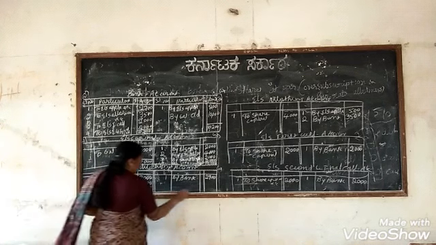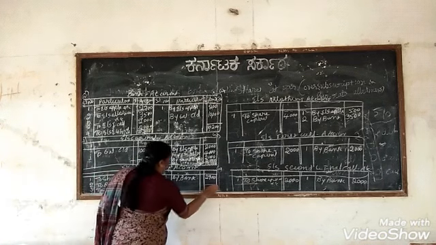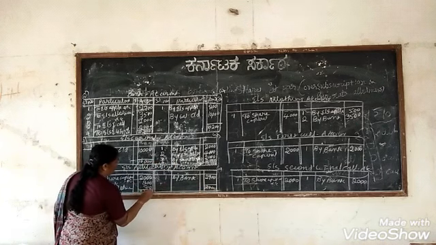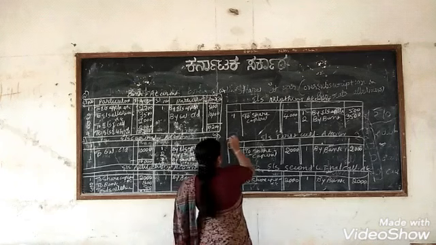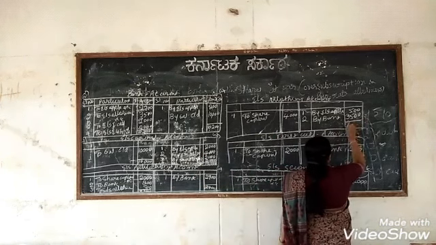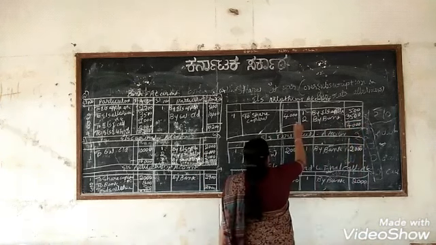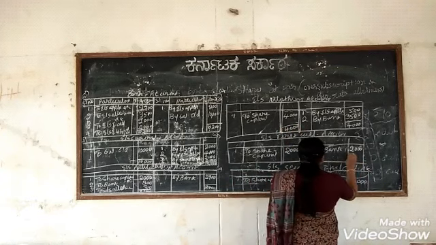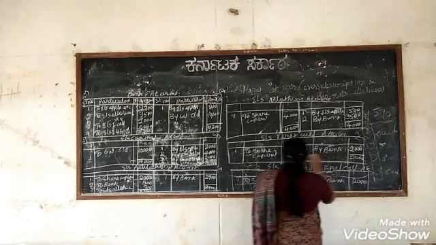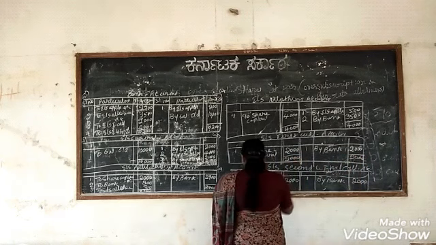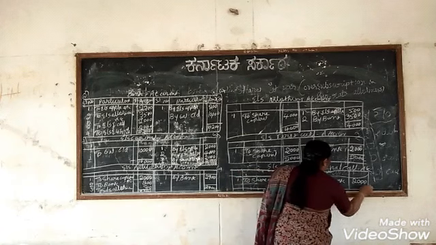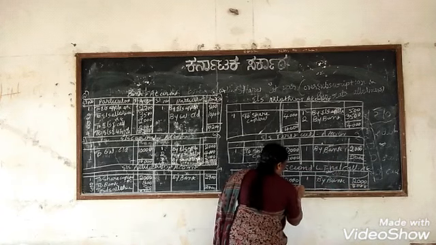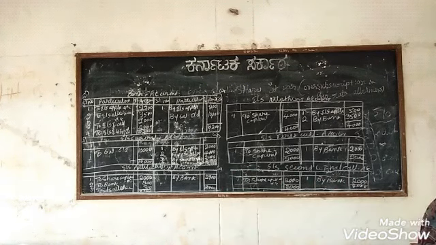Now you close the equity share application account. Both sides 2,700, no balance. Then come to the allotment account. Both sides 4,000, close it, no balance carried down. Come to the first call account, both sides 2,000, close it. And the second and final call also, both sides 2,000, close it. Now all the ledgers are closed.